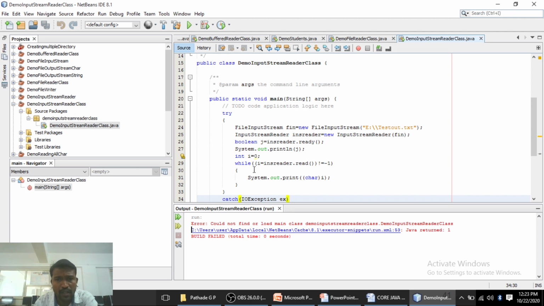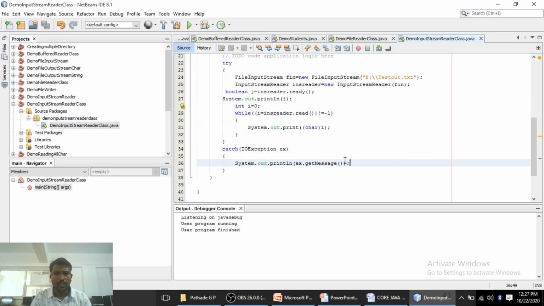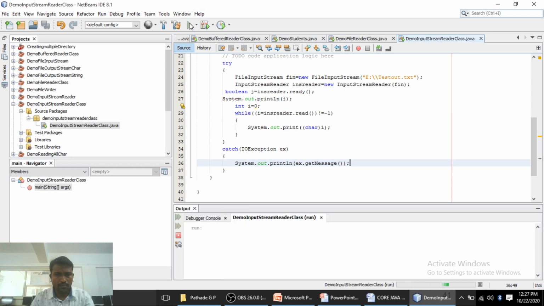Actually there is no coding error, there is a problem loading this particular class. Again we are going to save this program and then run this program.